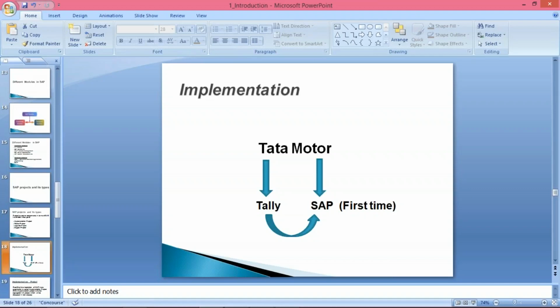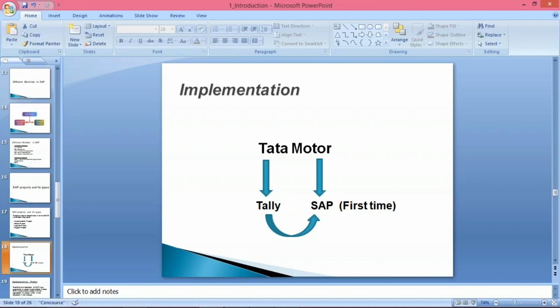Right now they are using Tally. Now they thought, okay, why not go for some bigger platform, because now our expectation has increased and we need several different kinds of reports and all, and Tally is not able to meet our requirement. Okay, so now these people will do some research, some R&D, and now their management has decided that it is better to go for SAP, which is one of the leading ERPs in the market. So now Tata Motor is planning to go for SAP.